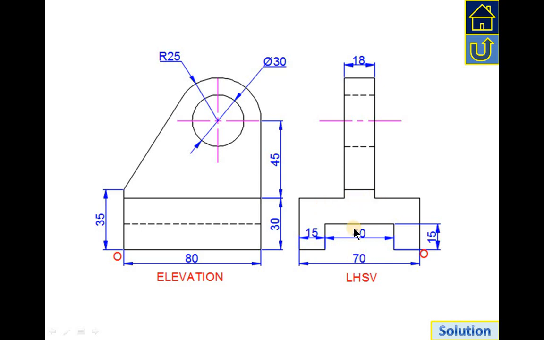From this it is 70, total 70. From the center point it is 35, and as it is 18, half of the 18 is 9, minus 35, you get 26. So 26 mm here, and then the remaining distance, and then like this. Okay, so it's easy actually. We are starting from here, this origin.